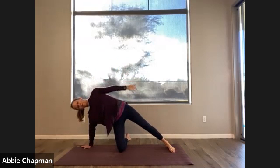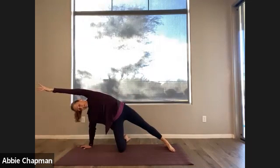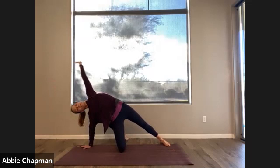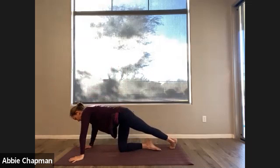And now reach out and just curl back here. So some of you might want to take your left foot and slide it back a little behind you so you can lean back more. 3. Look up and see your palm if you can. 2. And then we're going to replace your hands and turn the shin where it was and lift your left